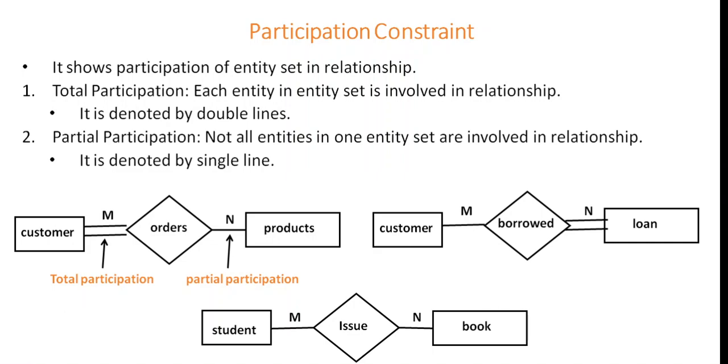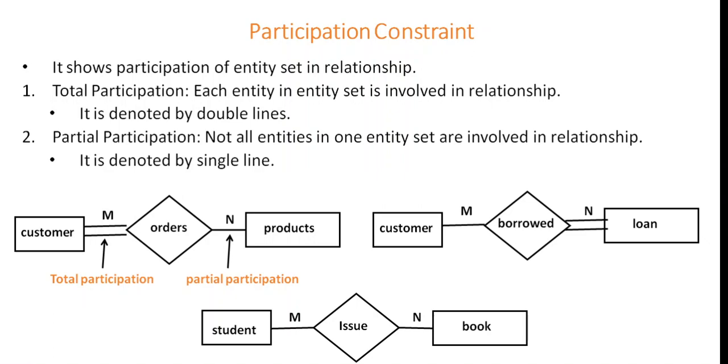Then next, here student and book, two entities are there. If you carefully look at the figure, you will come to know that both student and book entities have partial participation. There is no total participation for either entity, because not all students issue books and not all books are issued by students. Suppose 50 students are there in a class, and only 30 have issued a book from the library, means 20 students are not participating in the relationship.